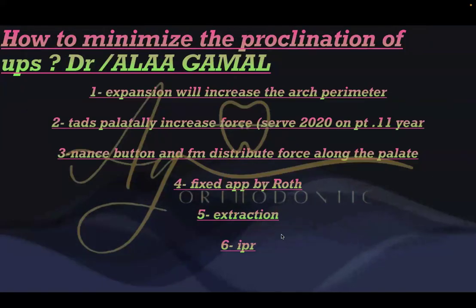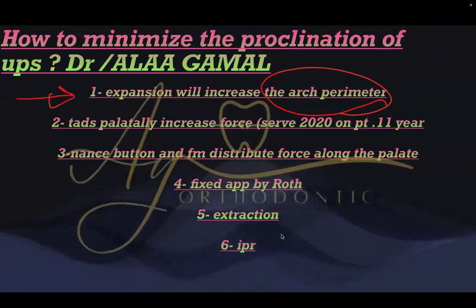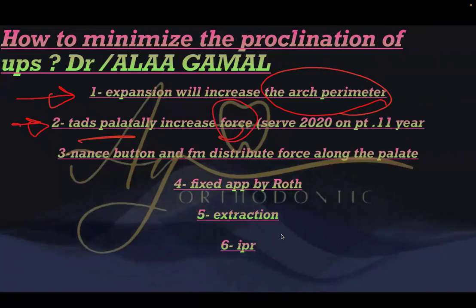She has mentioned how to minimize the proclination of the upper labial segment. Expansion will increase the arch perimeter, and when it increases the arch perimeter, it will decrease the proclination. And I will show you how in a bit. As Rahim has mentioned, TADs palatally, by increasing the force, will also limit the proclination, and it's done on the